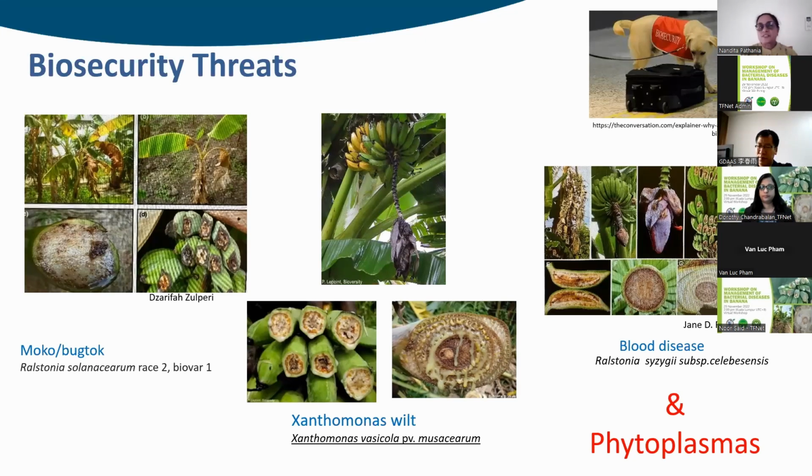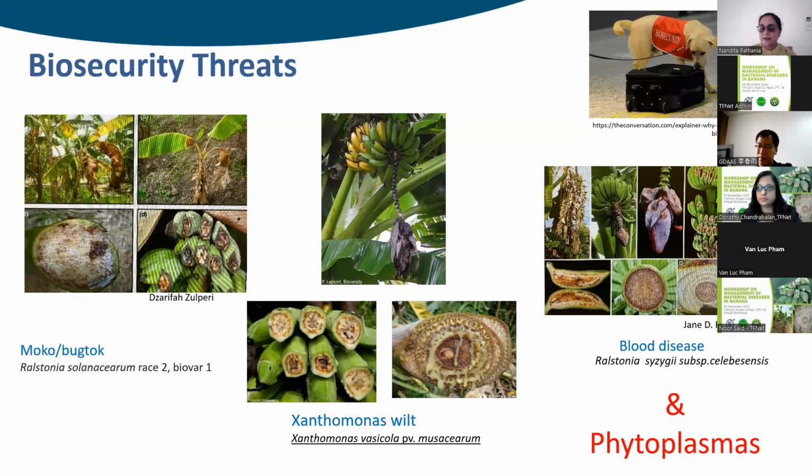At present, Australia is quite fortunate to be free from the devastating impacts of exotic bacterial diseases like Moko, Xanthomonas wilt, and blood disease, and relies heavily on biosecurity and quarantine. Australia has a great strategy at the regional, national, and international levels to confine the impact of these bacterial diseases. Along with phytoplasmas, which have recently been identified in PNG, at the doorstep of Australia, it is a great threat to the banana